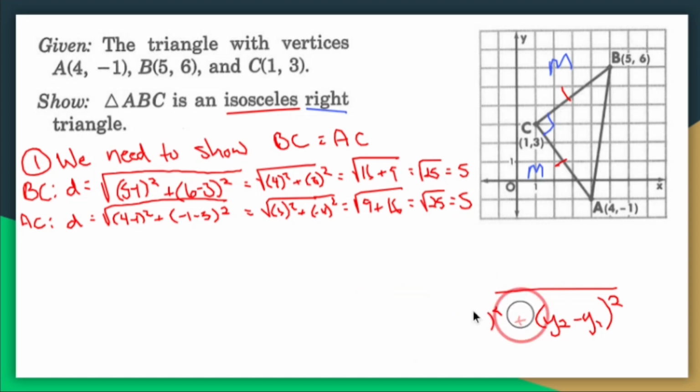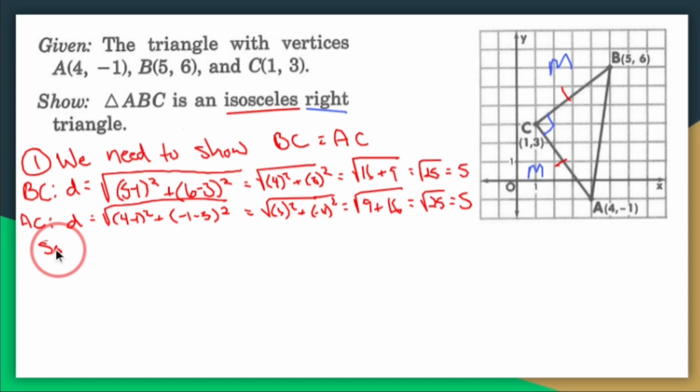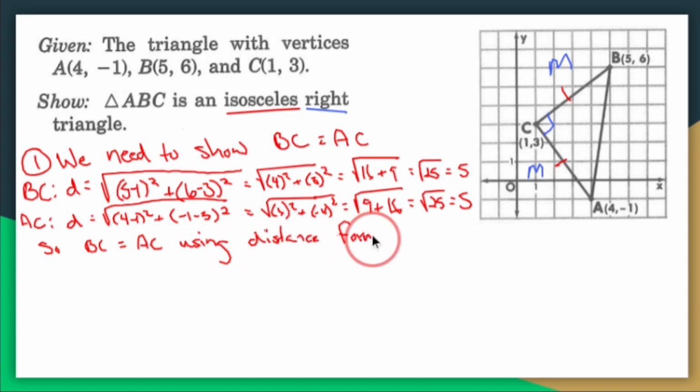So distance formula out. So I will say, because I almost stopped right there, so I will say BC is equal to AC using the distance formula. Might be saying too much, but why not? Why the heck not? This one won't take as long. I could use the slope formula, but I'm just going to say